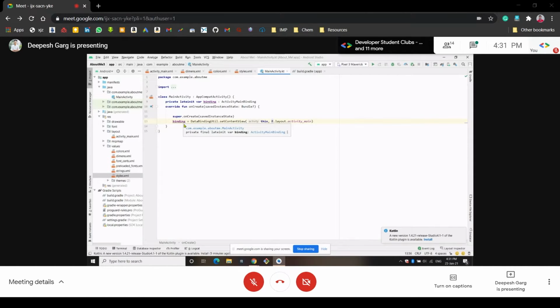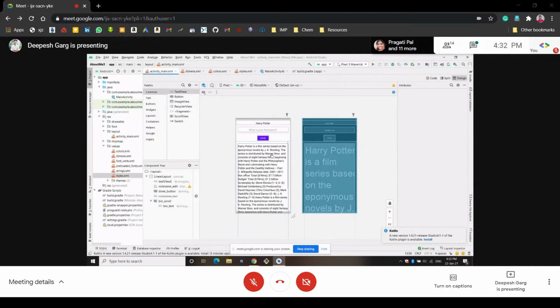So now we have set the platform so that the binding variable will know that something needs to be done, because the user has entered the UI of that app. Now we want to create some actions here. In the activity main.xml file, we can see this is the edit text view.